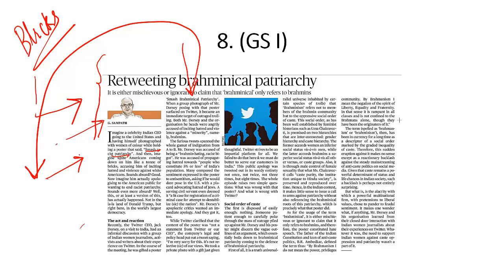Similarly, Brahmanical ideology is a reality in India according to G. Sampath. Similarly, it is no secret that this Brahmanical ideology has treated lower caste people with contempt, women with contempt, throughout history and throughout centuries. For this, we need to understand that it is mischievous to claim that Brahmanical refers to only Brahmins. When we talk about Brahmanical ideology, we are not referring to Brahmins as a community. We are referring to that social order which excludes others. What is that social order?